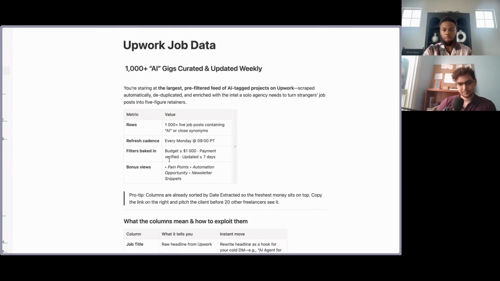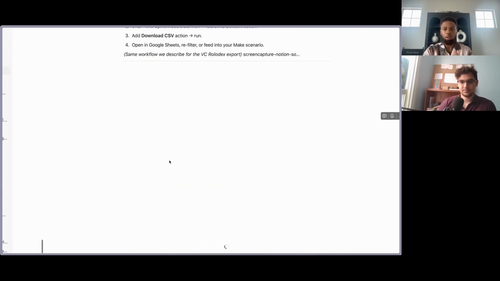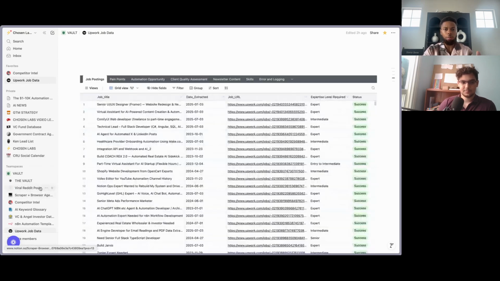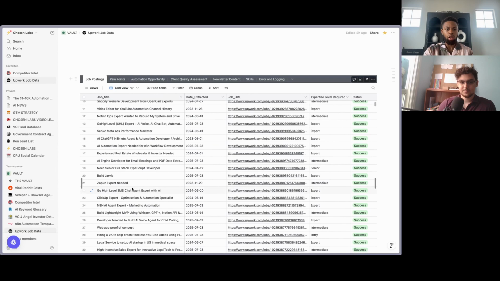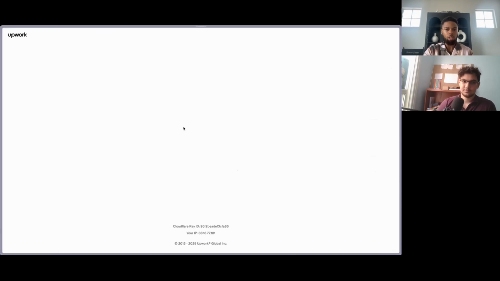So basically, any job on Upwork that's tagged AI, I've really been able to see what those look like too. And once I really saw that there was an appetite, just like you said, for those kind of mid-range jobs, it all became clear. One example, from scraping, I found this GoHighLevel SMS chat agent expert. And if you look here,